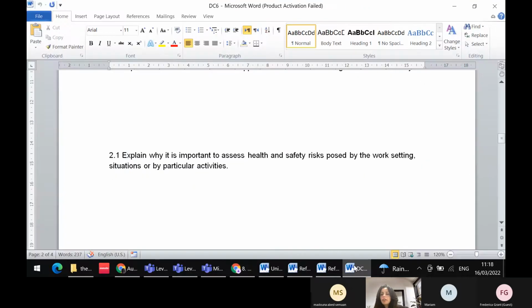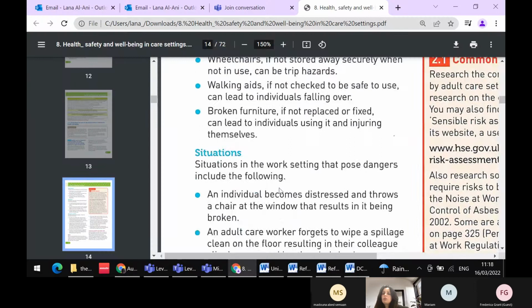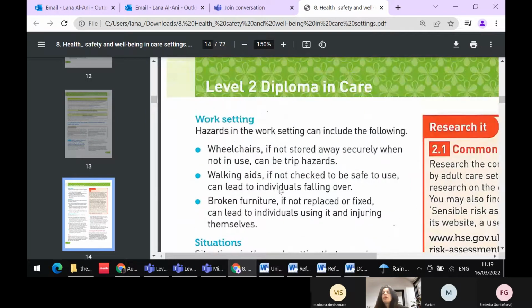So now we also explain why it is important. So this is all you can talk about. Like I would be talking about, we need to assess the hazard in the organization to make sure that we deal with them. We know what's the potential size of these dangerous situations and we work on them to eliminate any danger happening to any of the people we care for.